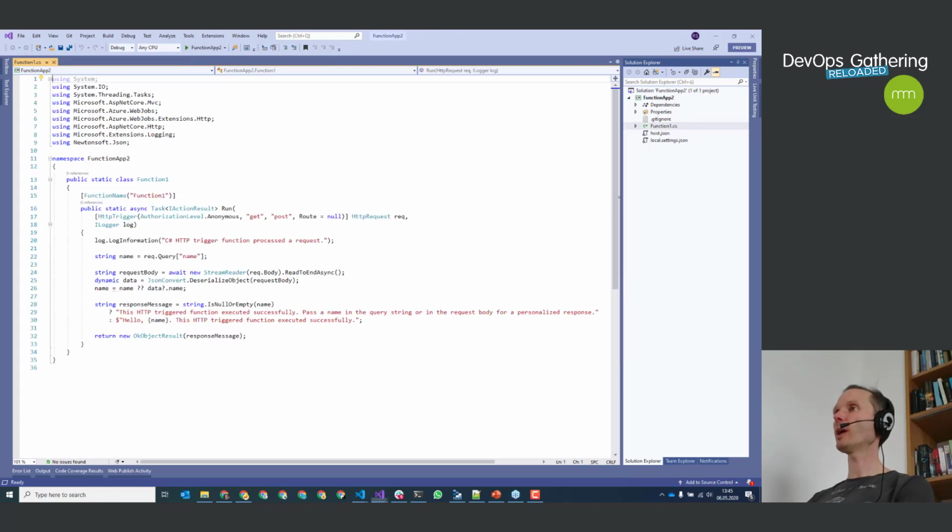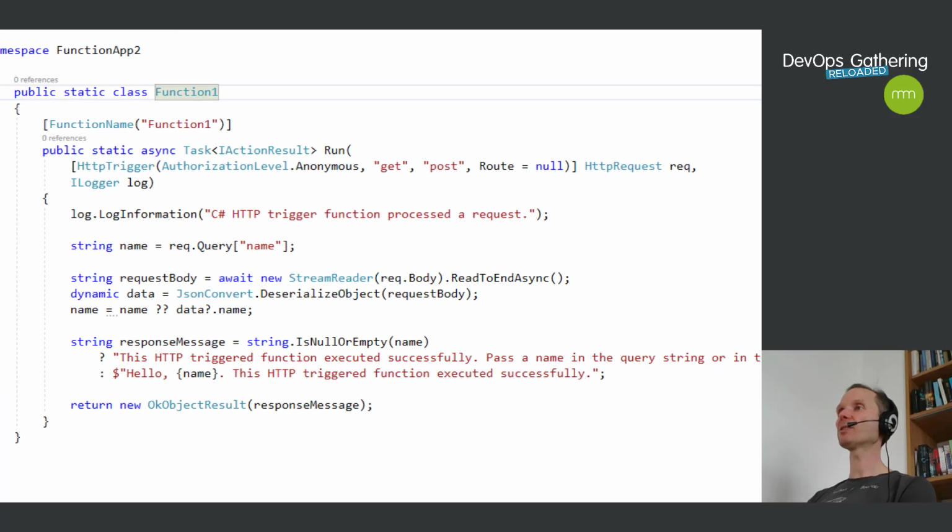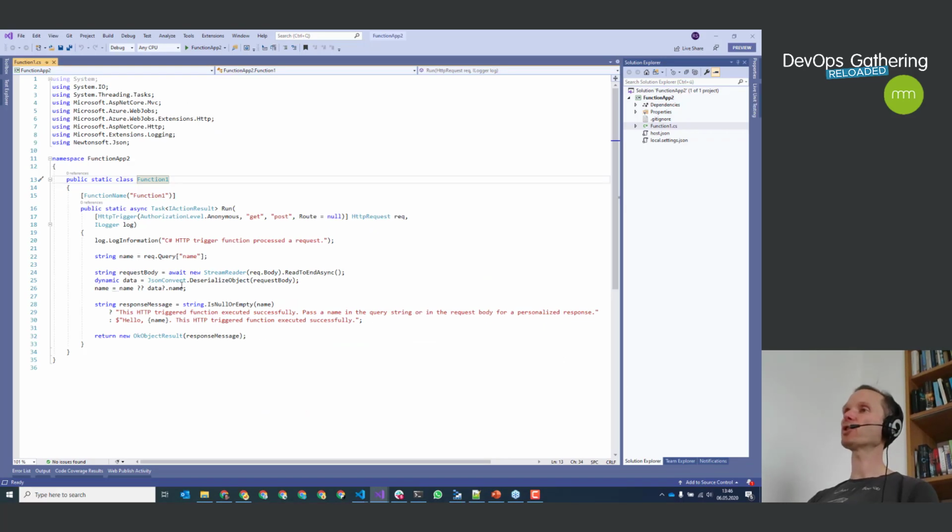Okay, let's quickly go back. Yes, the function has been created. This is the function that is hello world, and as you can see, this one uses an HTTP trigger, a much simpler trigger than the one that I've shown you before. And in this case, I'm just building a response message responding with an HTTP response. But this hello world function is perfectly suited to give you a little bit of more information how this feels as a developer. So let's, for instance, set a breakpoint here, and let's start this function.